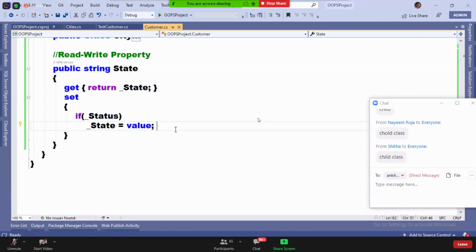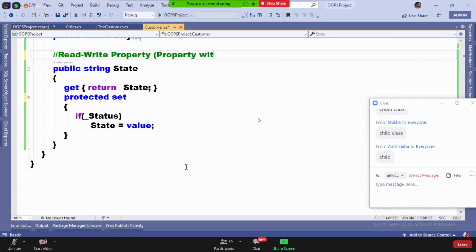But later, without writing two properties like this, in C# 2.0, Microsoft added an option. Without writing two separate properties, you can simply declare the set accessor as protected. So it's a property with different scopes for each accessor, a feature added in 2.0.